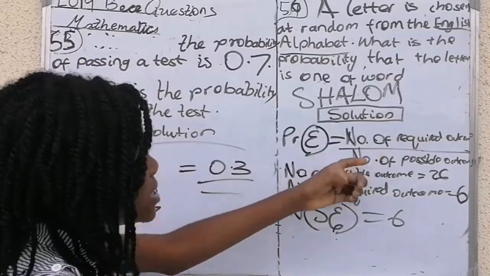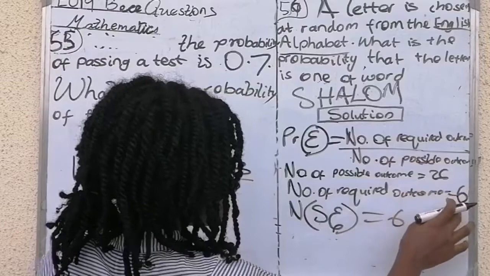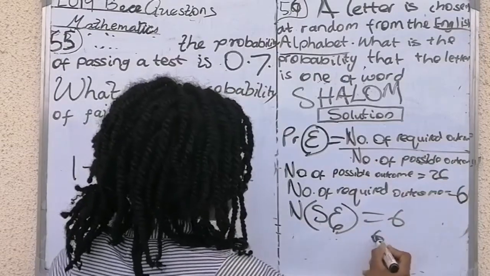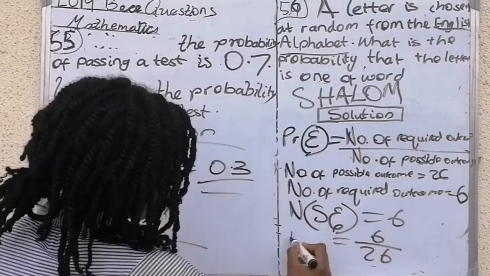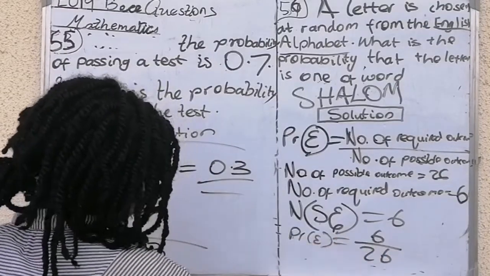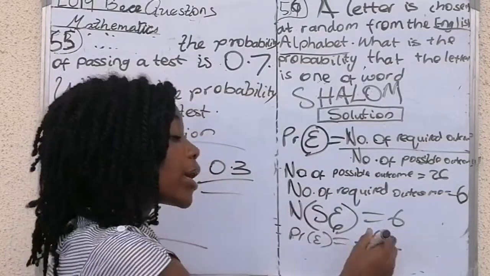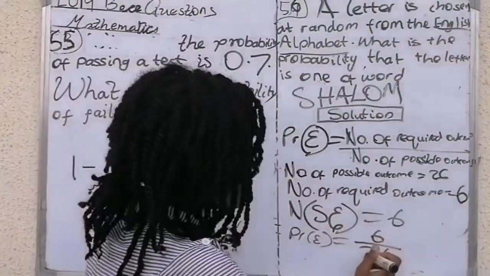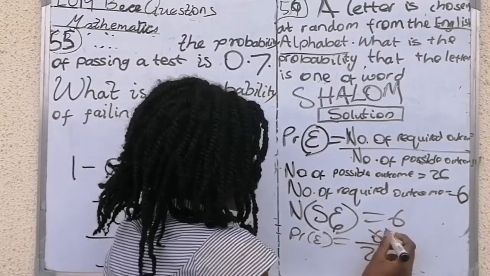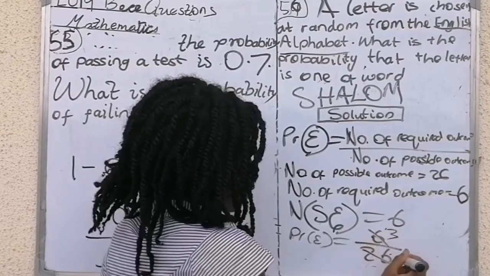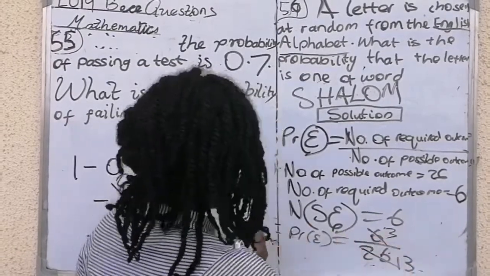So now we are going to divide 6 by 26, 6 over 26. So this is the probability. Now 6 over 26 is what? Let's cancel out. What can divide 6 and 26? 2 can. So if 2 goes here, 3, and 2 goes here, 13. Can any other thing go? No. So the probability